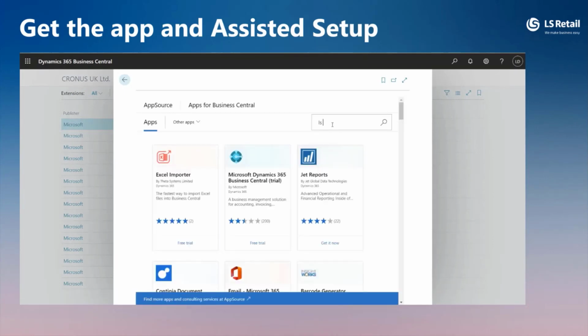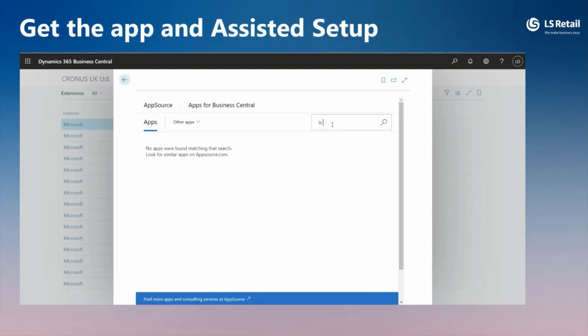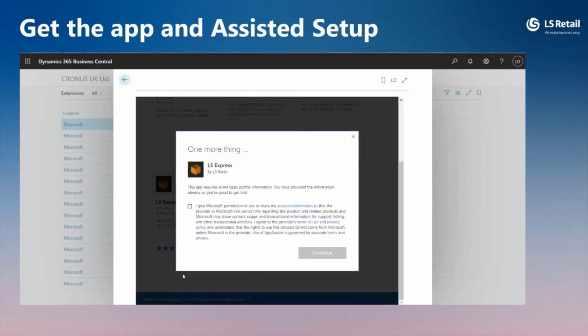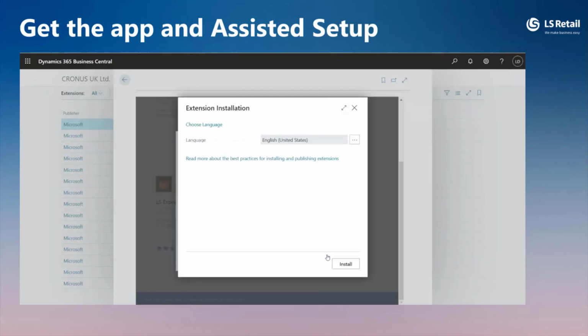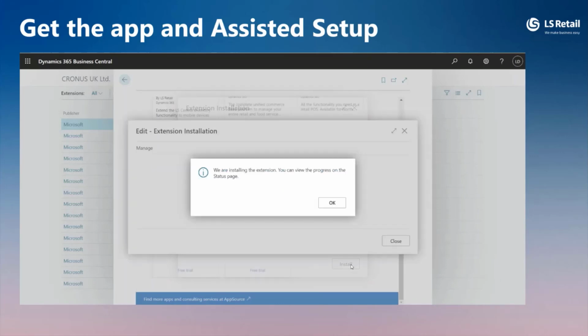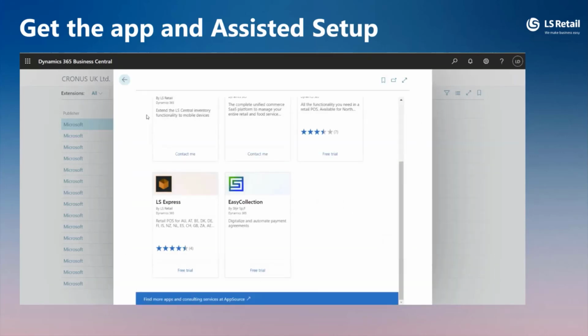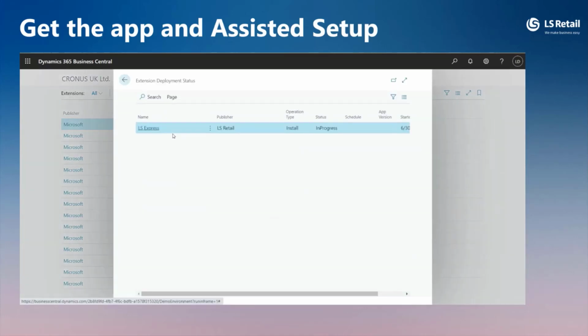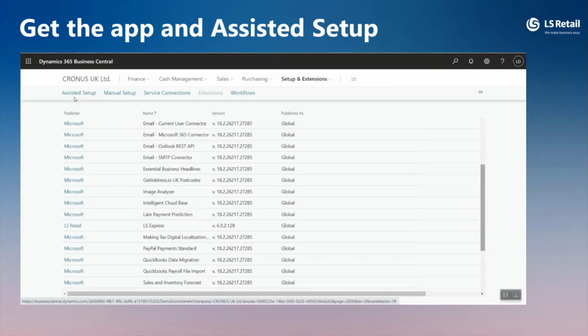Look for the LS Express app and install it. Go through the assisted setup wizard and you are good to go.